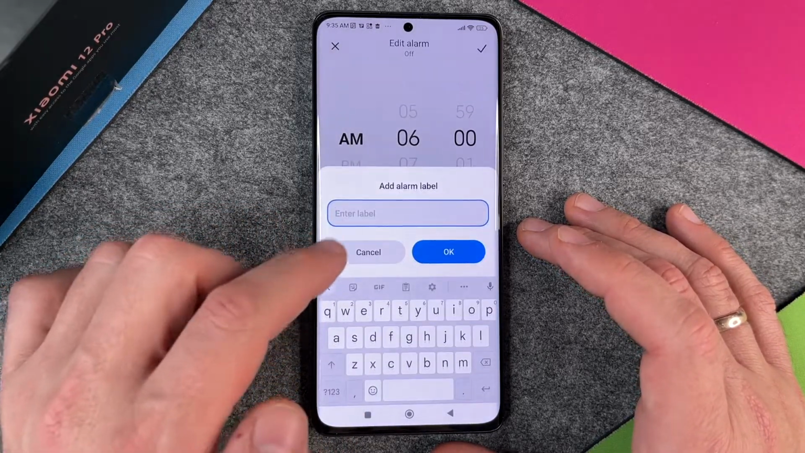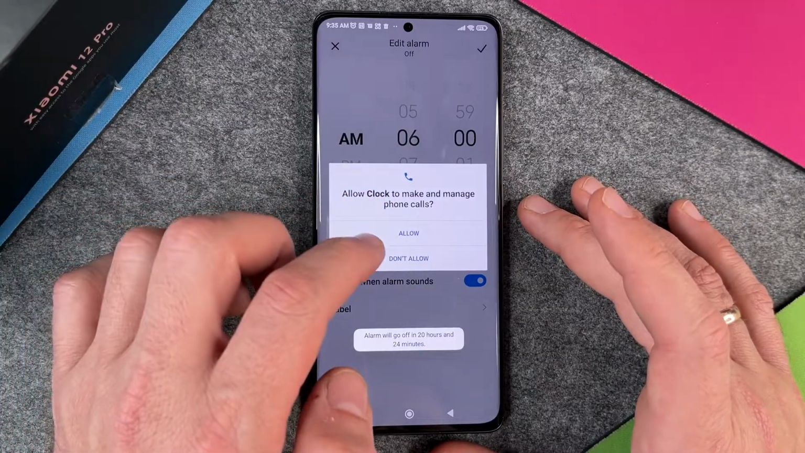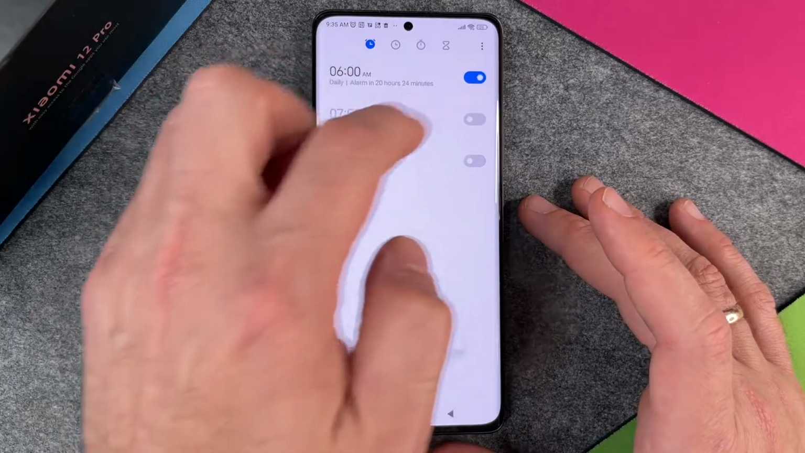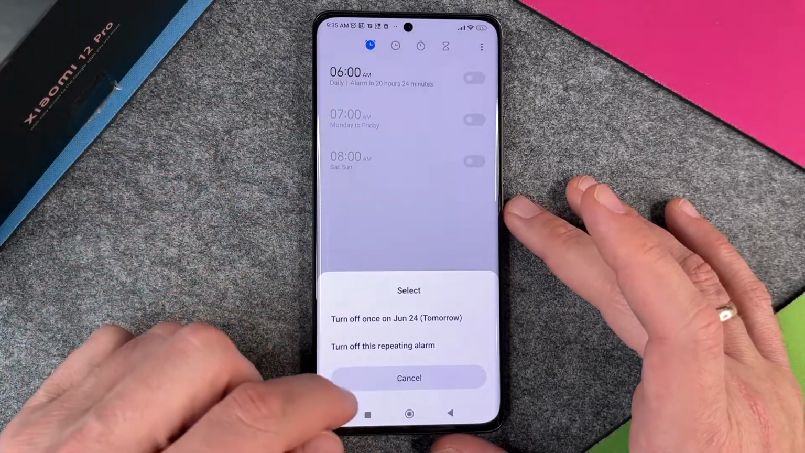And I can also give this a label, a special name, and then I click on OK. Allow clock to make and manage phone calls. I say OK, and then it's activated. So the next alarm will be in 20 hours and 24 minutes. Okay, so